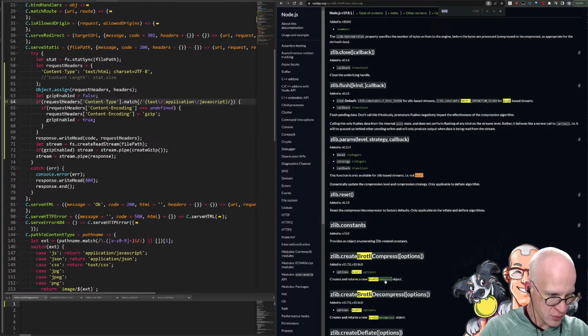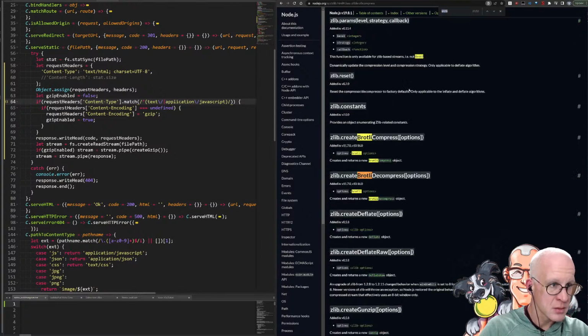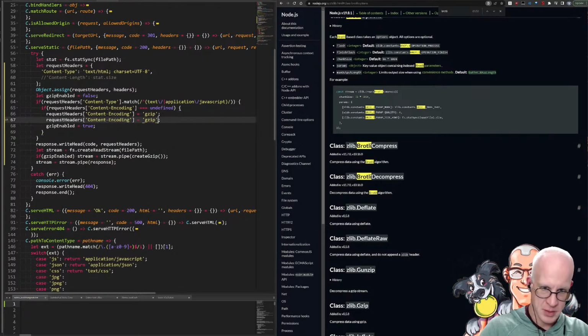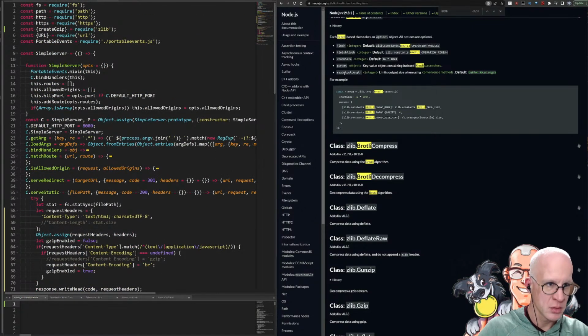So if I use Brotli compress, Brotli options. If I do this, just to test, if I do BR,